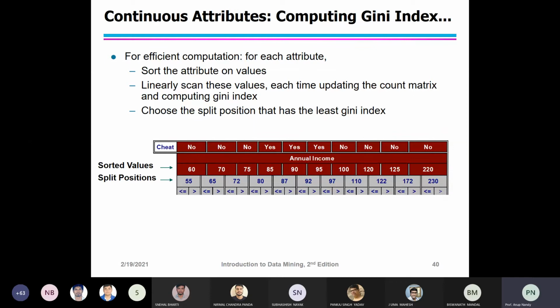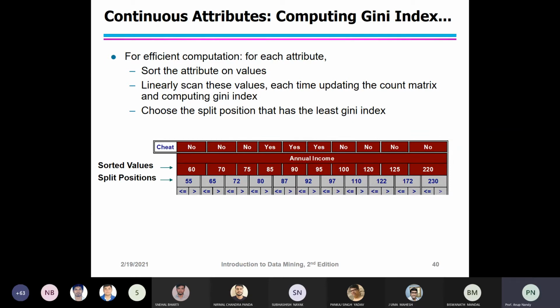Unlike the brute force approach, you do not have to examine all records while evaluating the Gini index of a candidate split position. Now for the first candidate, suppose V is 55.